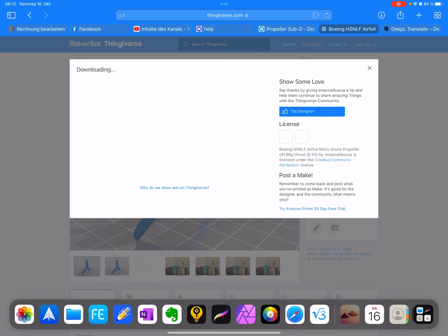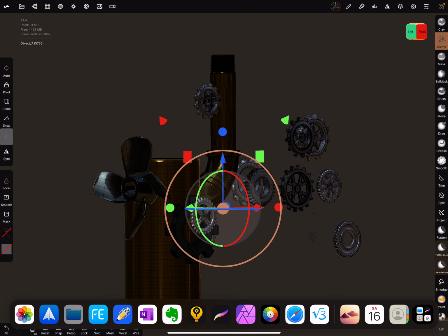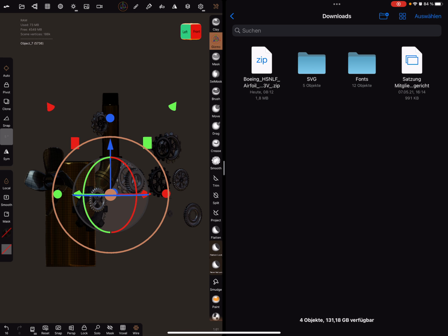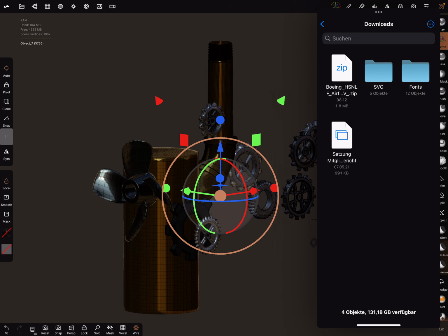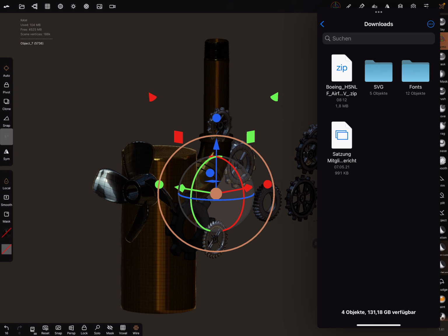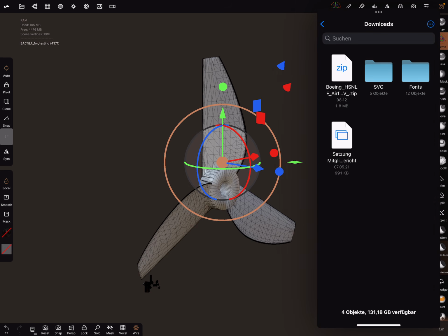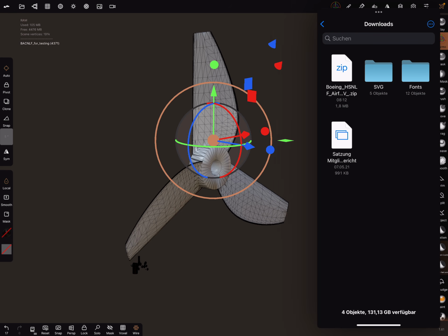And now go to the Nomad app, and you can open your files app in the slide over. You can bring it, and here's a zip file. You can test if the zip file works. Bring it here and drag and drop it inside, and